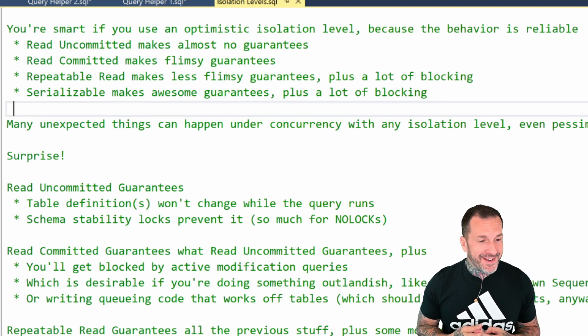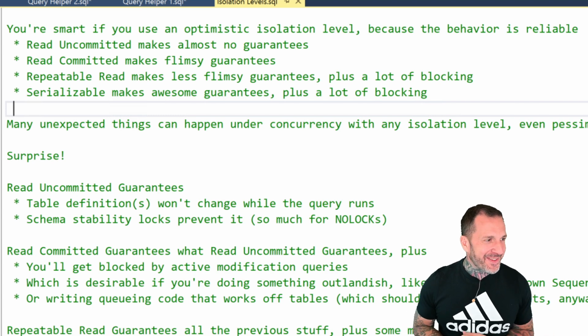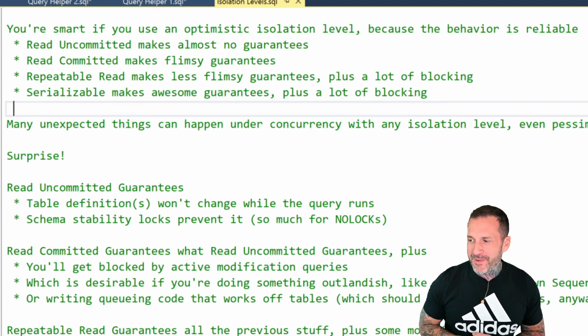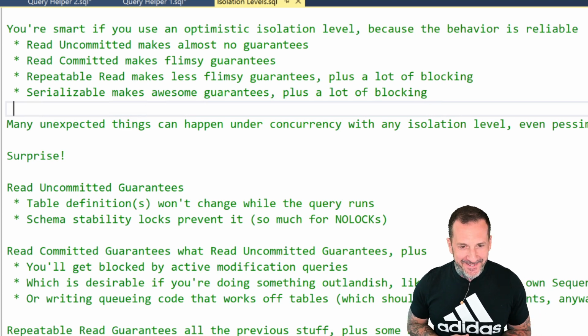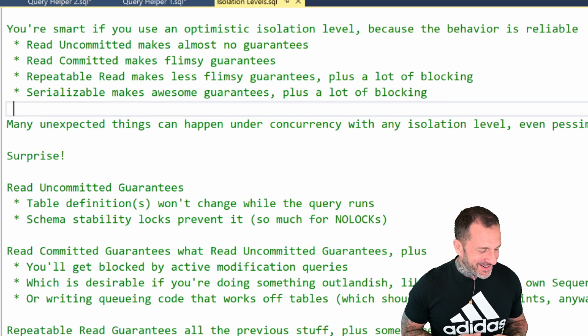Repeatable me. I like to think of myself as repeatable. Maybe that's going to be my movie. So instead of Despicable Me, it's going to be Repeatable Me. I don't know what I'm going to say though.